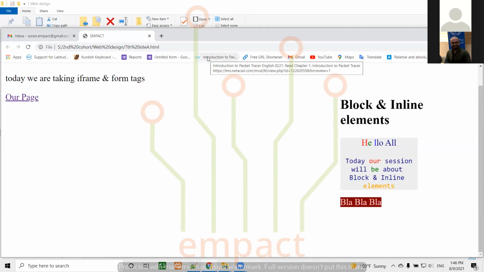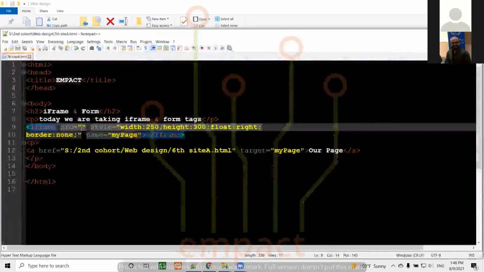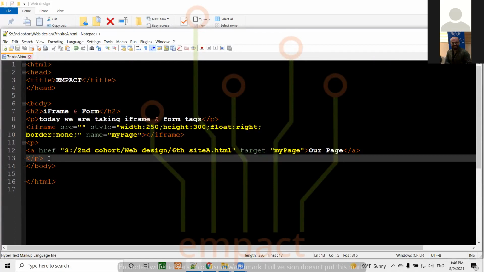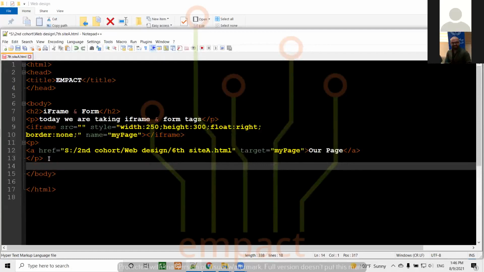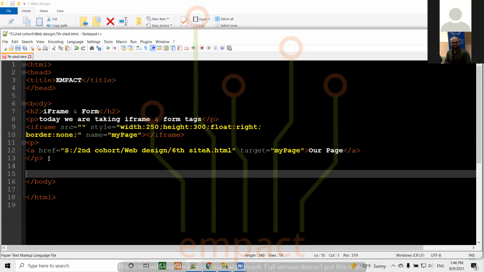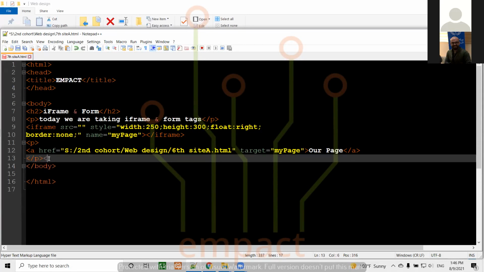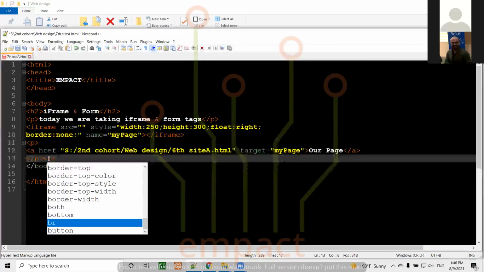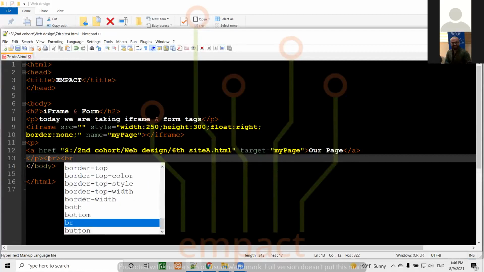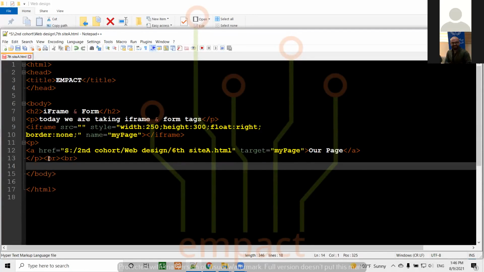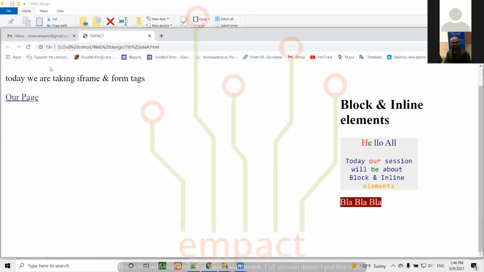Okay, so nice and easy. We just did it this way. So we can use an iframe as a target for our website. Something easy and simple like this. So let's put a space here, or let's just put a BR, double BR indeed, to make a space. Control S. Yes,